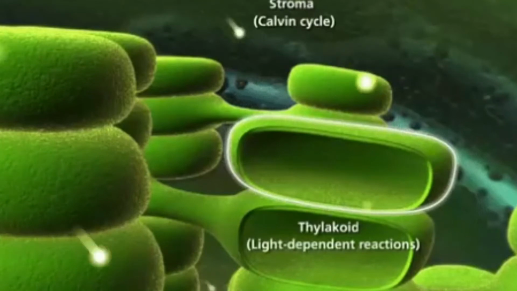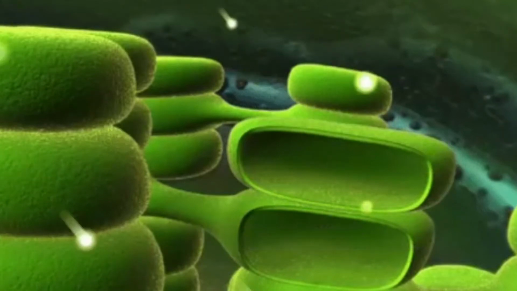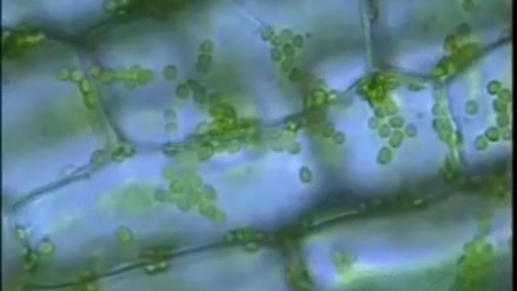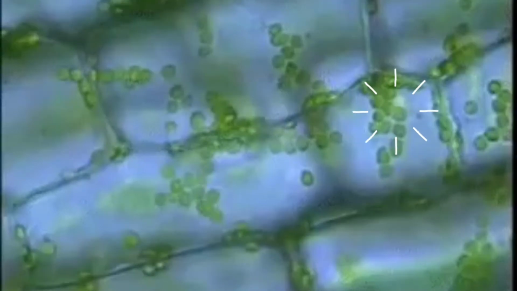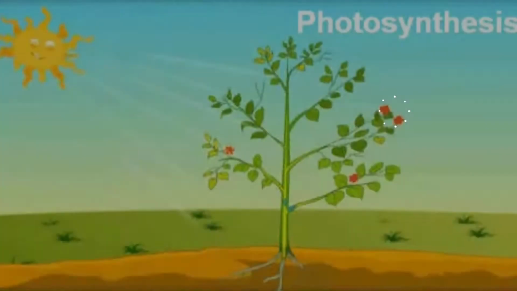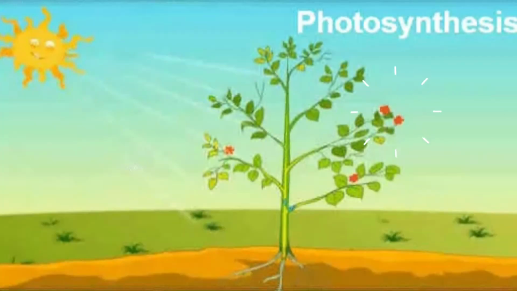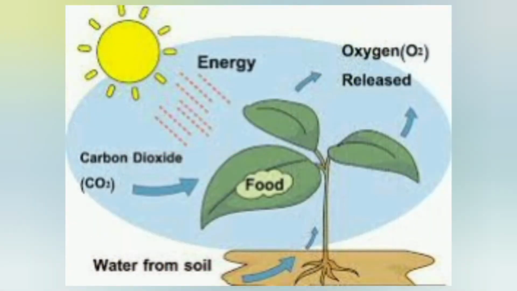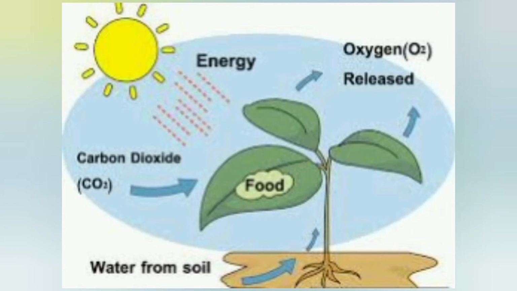Chlorophyll is a photosynthetic pigment. It is found in the green colored bodies called chloroplasts inside the plant cell. Photosynthesis is a very important biochemical process that occurs on earth. In this process, green plants make their own food from carbon dioxide and water, which are the raw materials, by using sunlight energy in the presence of chlorophyll.